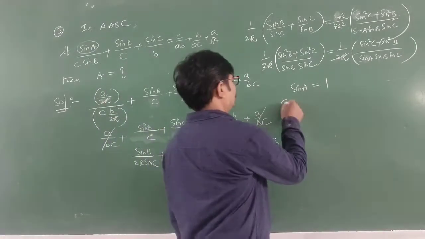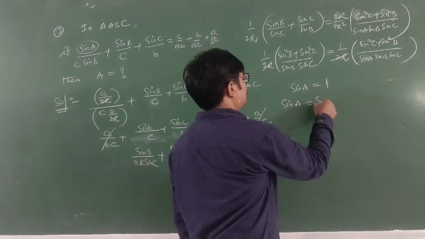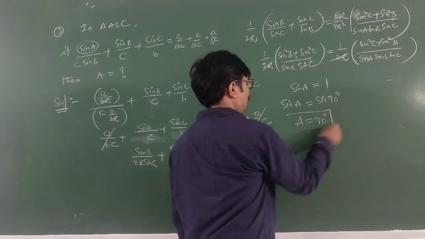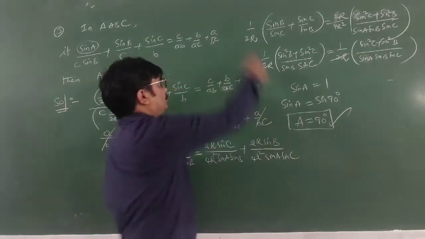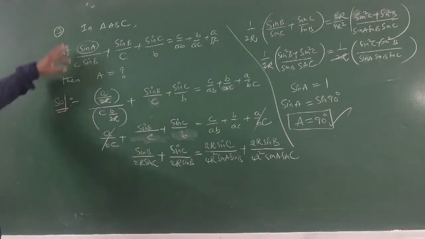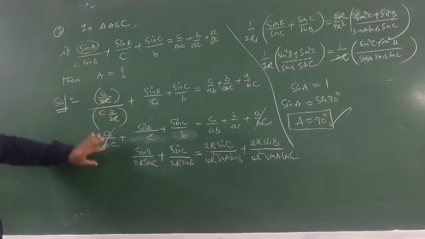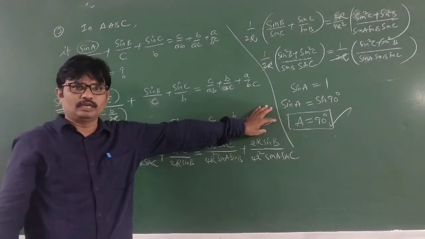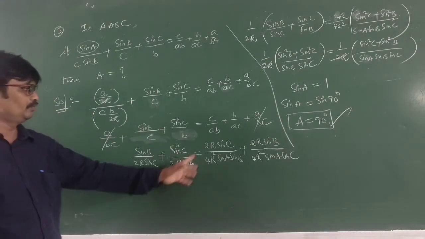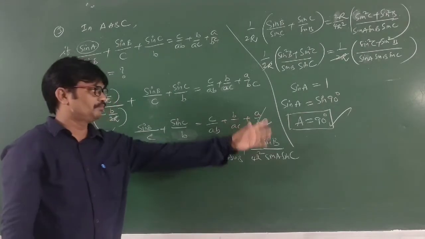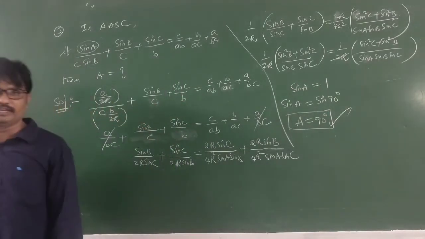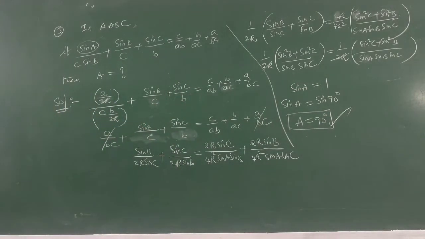So students, sin A is the value of sin 90 degrees. So students, A equal to 90 degrees, again we got 90 degrees. Okay students, write down. In the first step, my dear students, A by 2R and B by 2R, the first and the last term are the same, those are cancelled. After that, taking c as 2R sin C and b as 2R sin B, we can apply the sine rule. After simplification, again sin A is 1, which is sin 90, so angle A equals 90 degrees. Write down students.